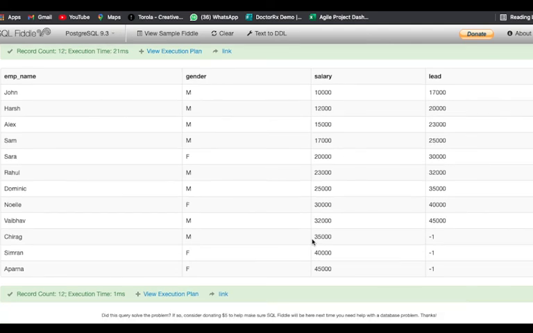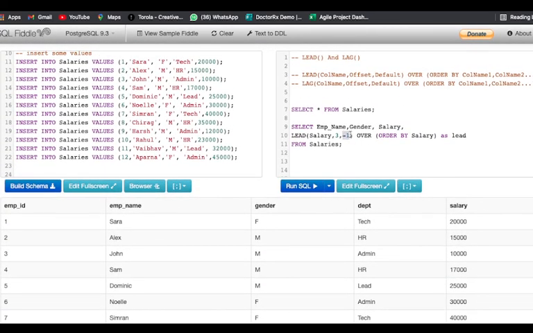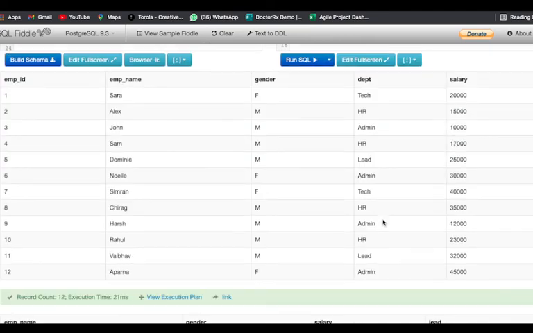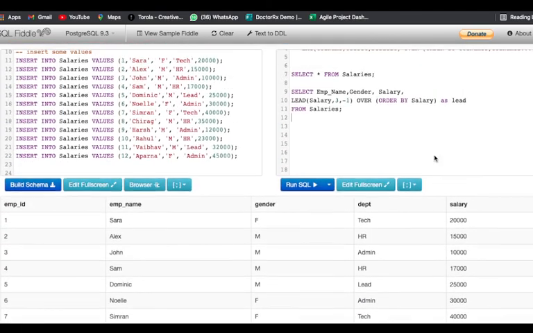Now come to 35,000 here. If you see, if I want to find the third subsequent row, there's no value there. My table has ended there. That is why instead of null, now we are getting a -1 here, because we set the default value as -1. So the last three rows have got the values -1 because they can't find the third subsequent row. I hope this is clear.